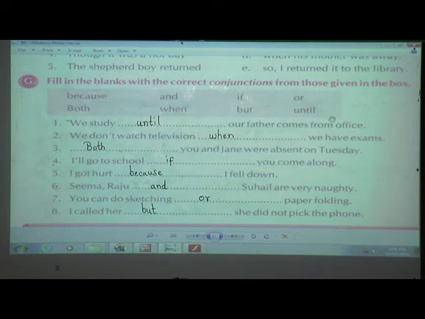So in this way, today we have finished with our lesson number 23, conjunction part 2. I hope, students, that you have understood what is conjunction and which type of conjunction is used for which purpose. Now whatever we have learned, we will see in our animation way. Are you ready, students? I hope that you have finished with this.